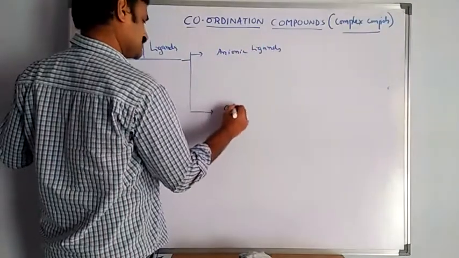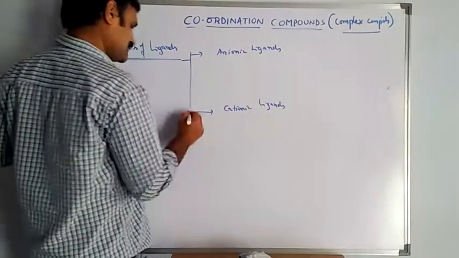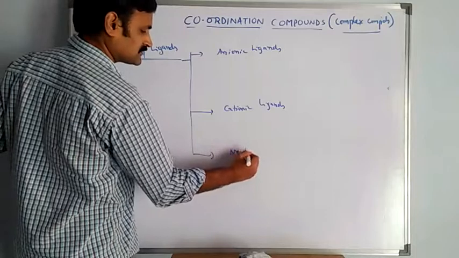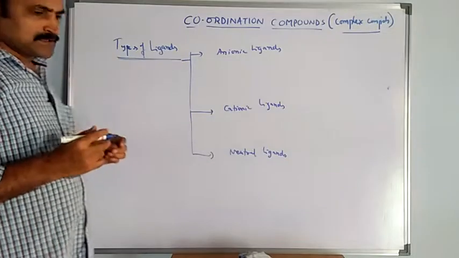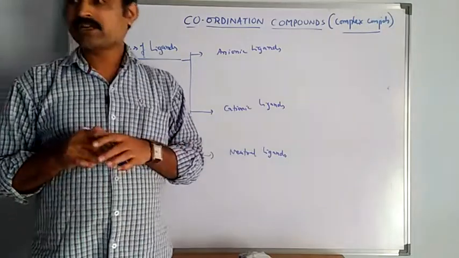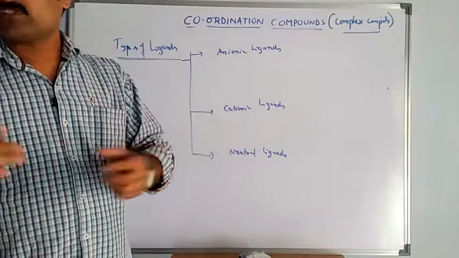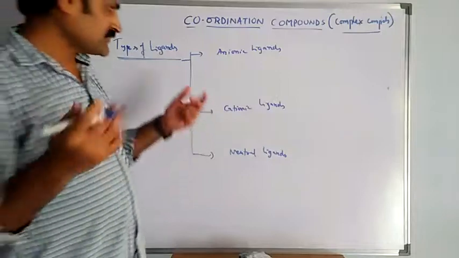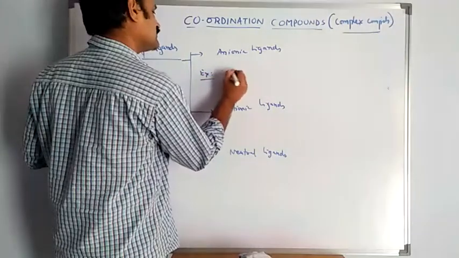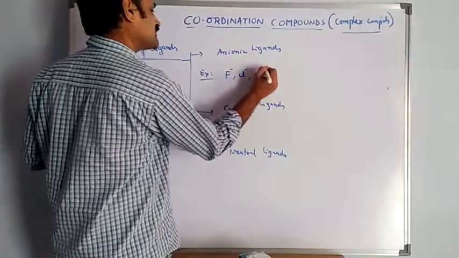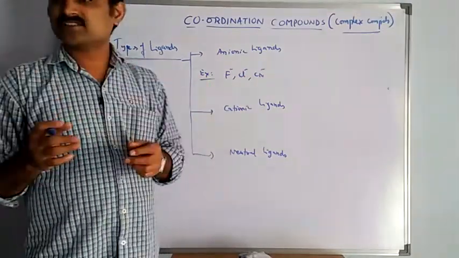Some are called cationic ligands, some are called neutral ligands. Most commonly, anionic ligands means negatively charged species with some extra electrons. On the basis of that we can say these are anionic. Examples: F minus, Cl minus, CN minus are the most common examples, even some of the general ions like